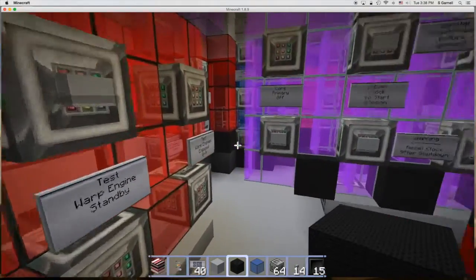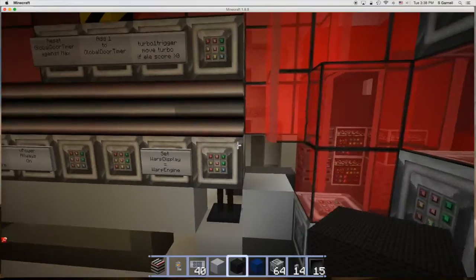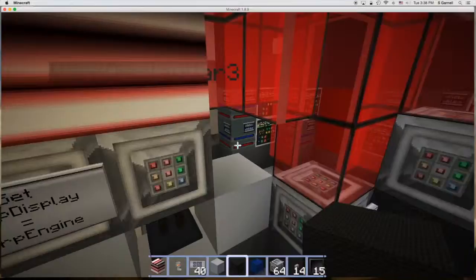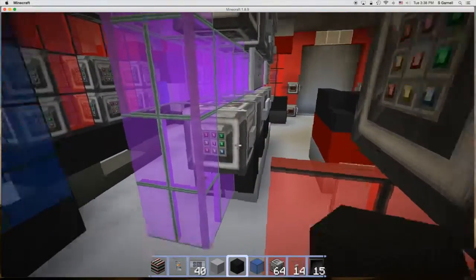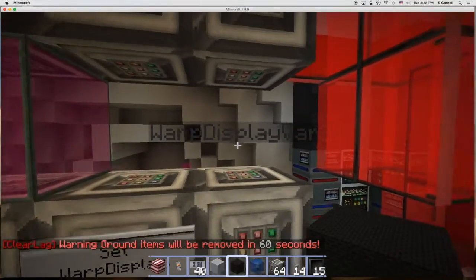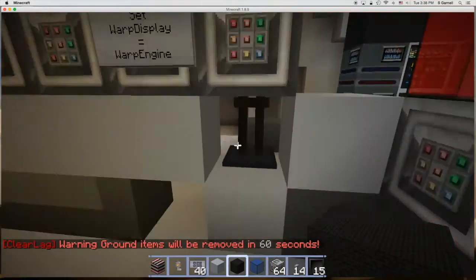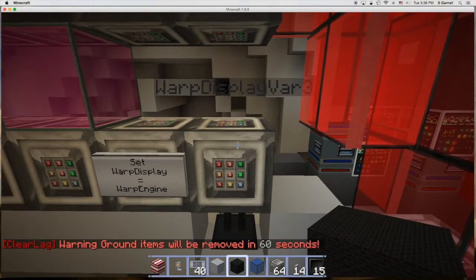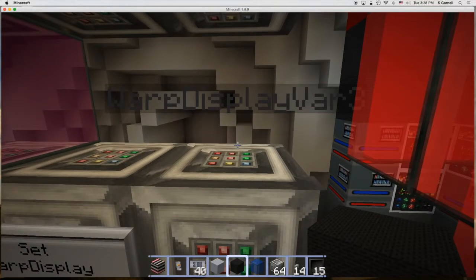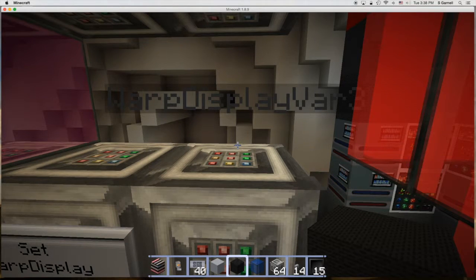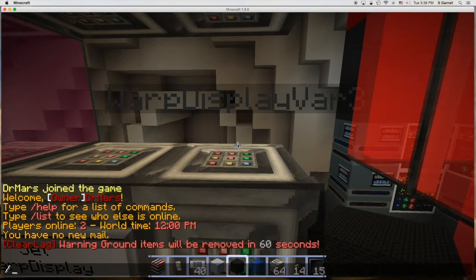Now the thing that I showed last time was the offsets from the entity, the ArmorStand that's here, and a little tough to see it at the moment. Let me stop the clock again. There's its name, warp display var3, and maybe as a tip, it can be sometimes tough if you don't make the name always display like that. I've lost the command that was here. You use a